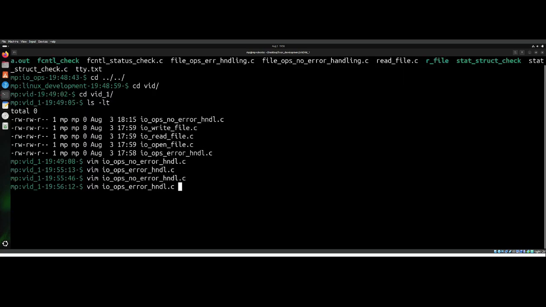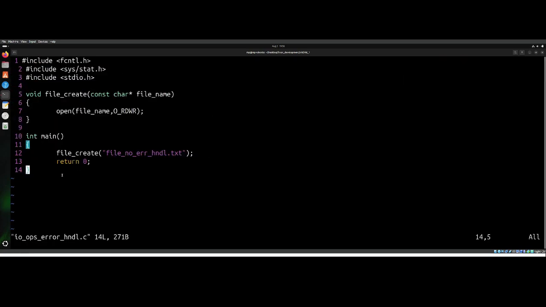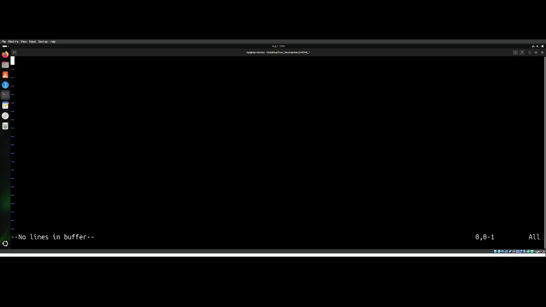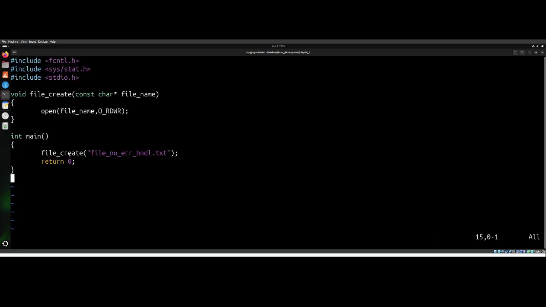And let's go to the error handling function. I'll be doing this and back. I'll be doing this. Skip. Everything is gone. And let me paste here. Nice and clean. Escape W. Now,